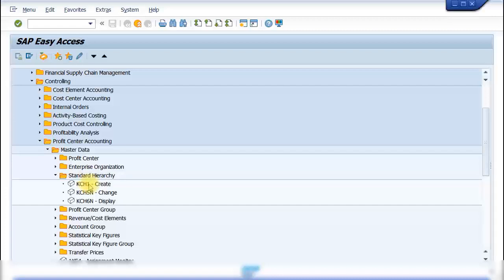KCH1 is the transaction code to create this standard hierarchy, which would already have been created for you by the departments. Now all you have to do is go to KCH5N to change the standard hierarchy, and in the hierarchy you can add your nodes, which are like your profit centers. Let's have a look at an example. Execute the transaction KCH5N by double clicking on it,